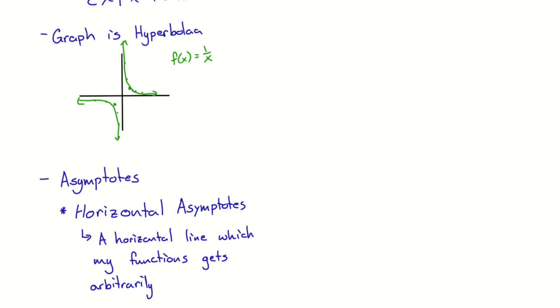So arbitrarily just means, when we say arbitrarily close, as close as we want. So for example, if I want to get close to 1, is 0.99 pretty close? Can I get closer than 0.99? Yeah, I can do 0.999. Could I get closer than that? Now, is that ever going to stop? No, arbitrarily, as close as we want, we can get there. So when we're thinking about a horizontal asymptote, it is simply a horizontal line which my function gets arbitrarily close to